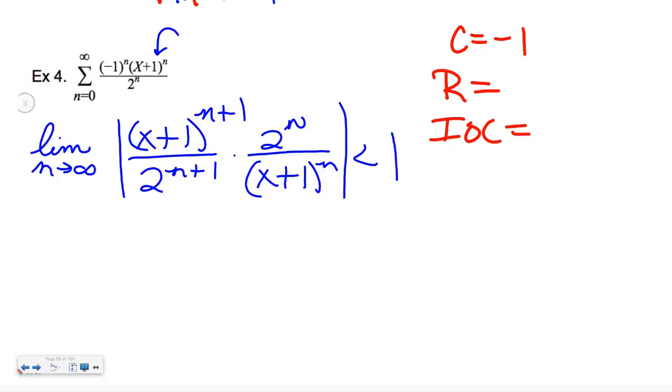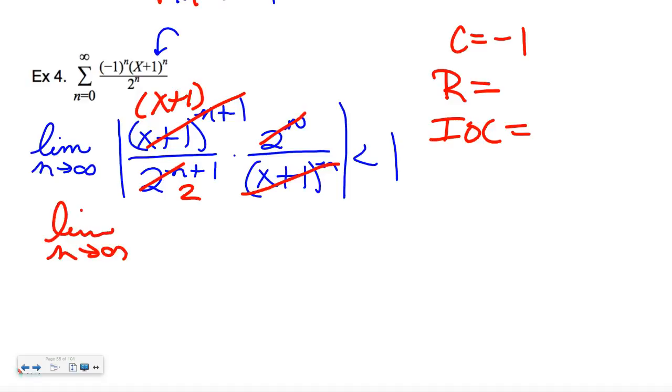So I have x plus 1 to the nth times x plus 1. So I'm going to cancel, leaving one of those up on the top. On the bottom, what's going to be left? A 2. The 2 to the n will cancel the 2 to the n, leaving 1, 2. So let's take my limit as n approaches infinity, absolute value, x plus 1 over what? 2, right? Has to be what? Less than